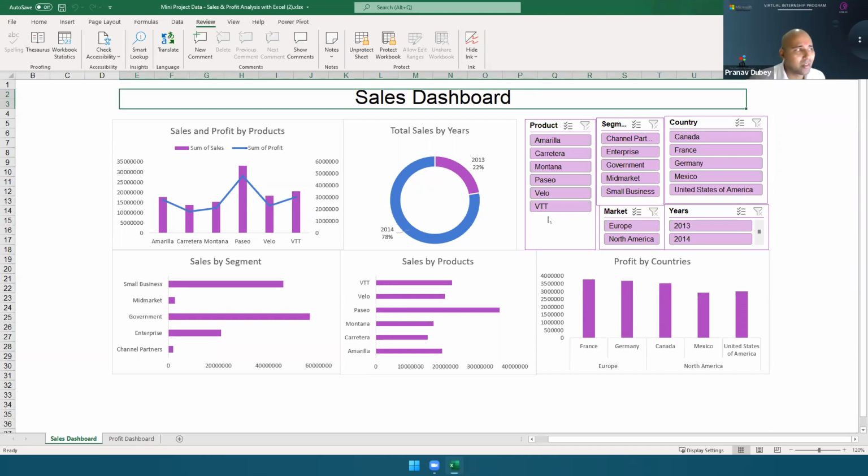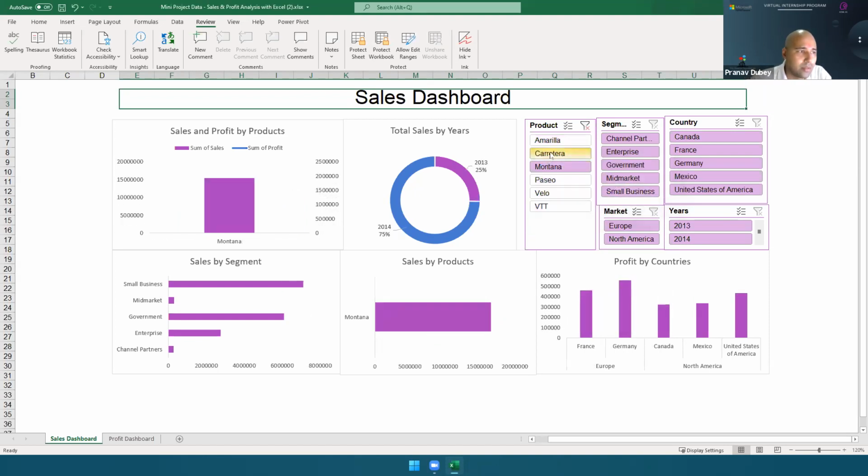But the problem is when we protect the worksheet, these filters or slicers will also not be operational. So we will have to remove the protection. And to remove it, again click there, enter the password, and then click OK. It will be removed. Then it will again start working.